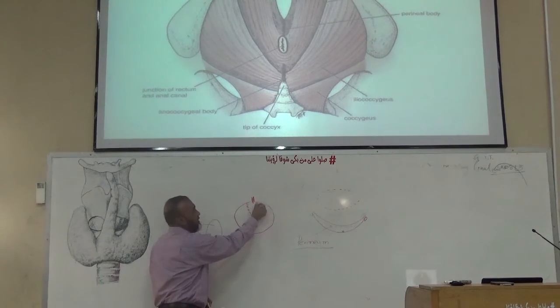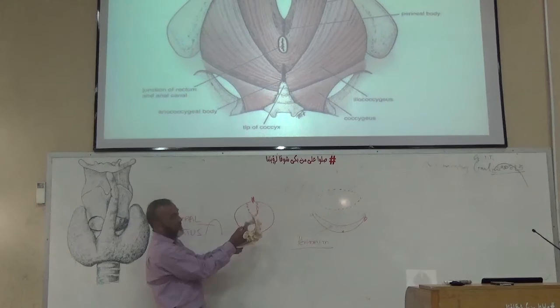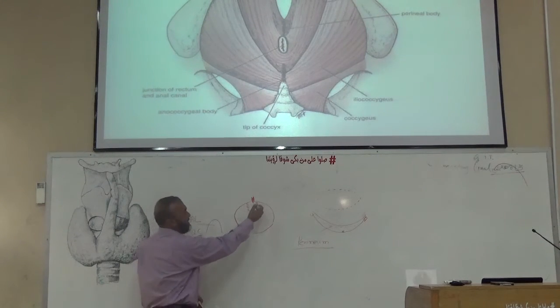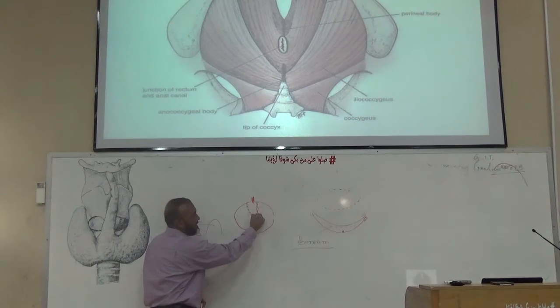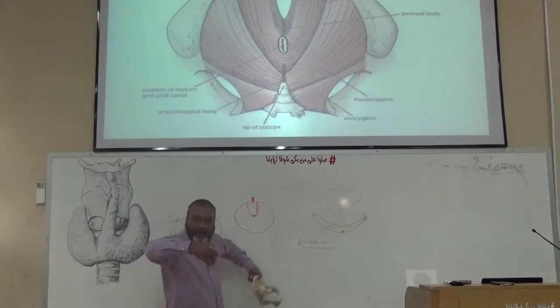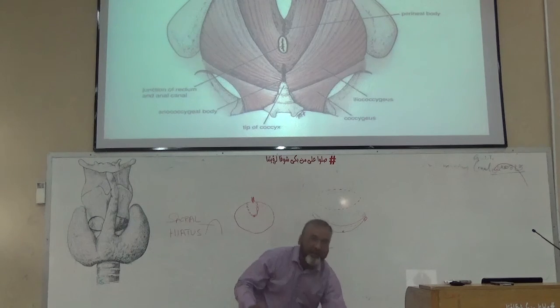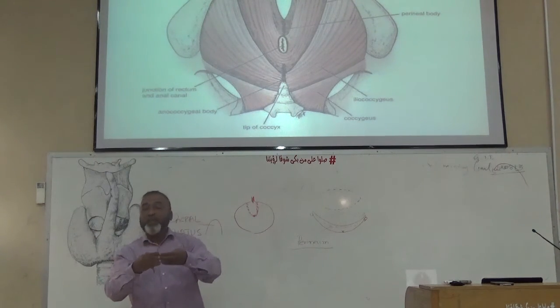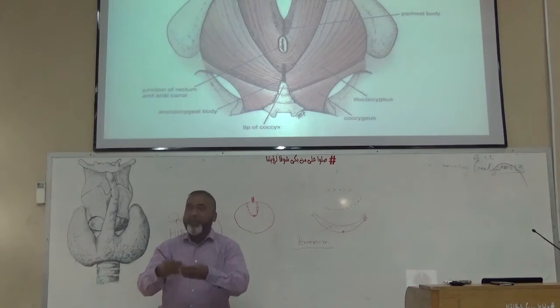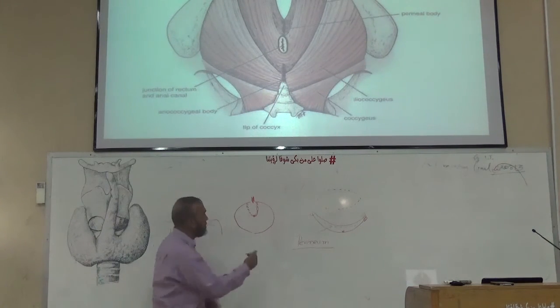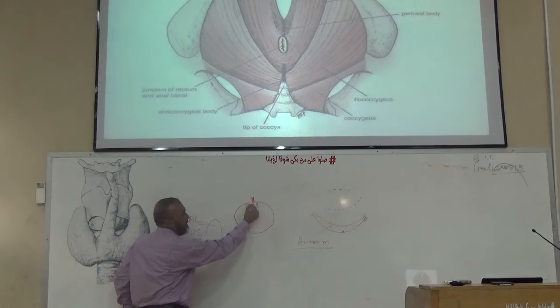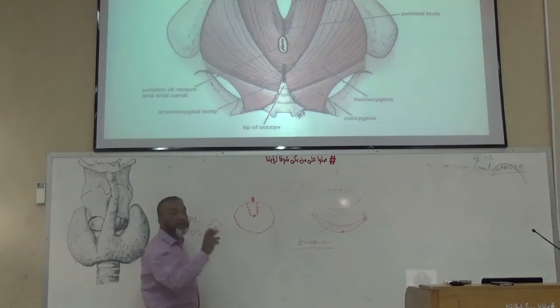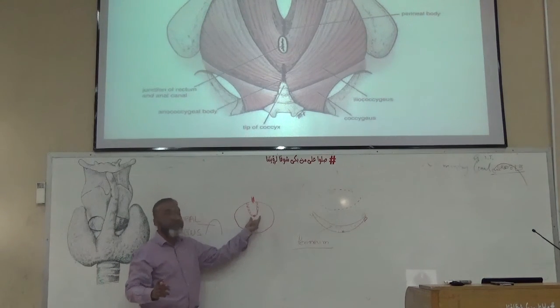They are originating from the posterior aspect of the pubic bones and pass backward towards the midline. Now where are they inserted? They are inserted on the midline over a body which is named the perineal body. Perineal body is a fibrous tissue over which the anterior fibers of the levator ani muscle are attached.